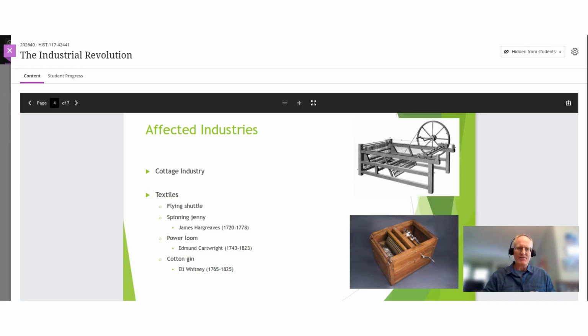So rather than have the product distributed to various households, instead, members of those households would come to the central location, the factory itself, and work. And this is going to have profound effects. I mean, when you are working from home, as it were, in a cottage industry, this means that you're able to work at your own pace, have your own hours as far as work was concerned. Work conformed more to your personalized schedule.